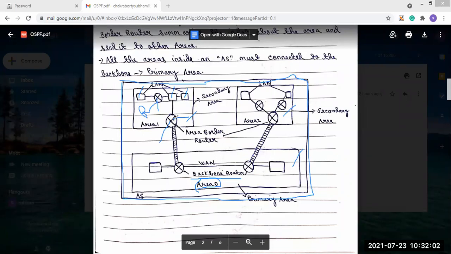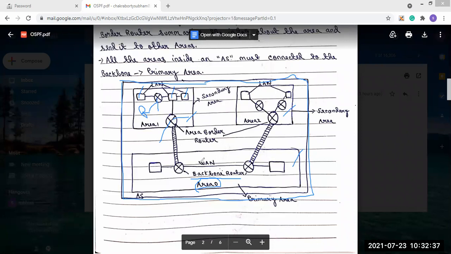And here you can see this area border router. After summarizing the information, how will it send it to the other area border router? This area border router is connected with this backbone router, so the information will travel from this area border router to this backbone router.